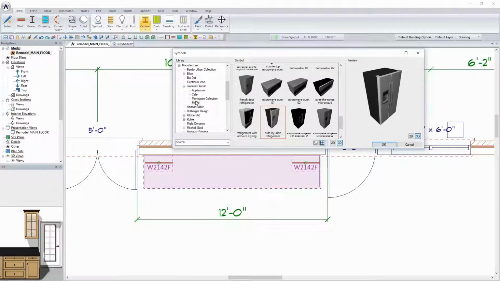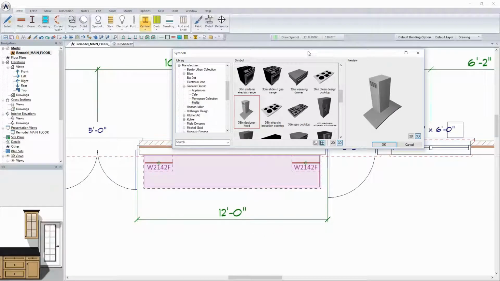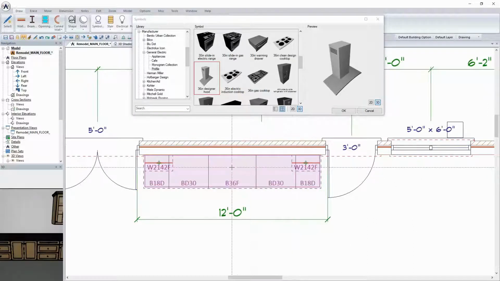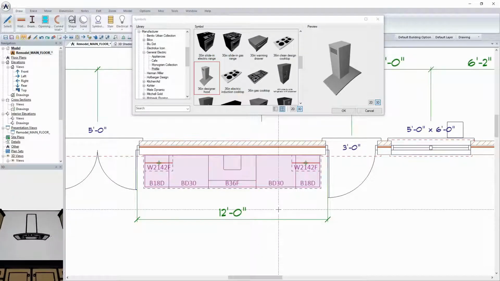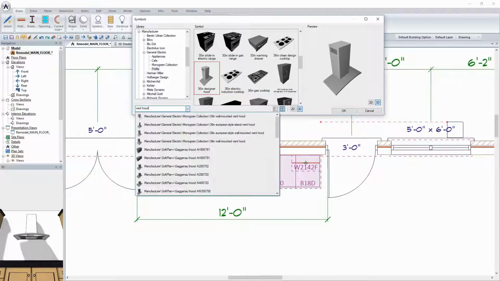And I'm just sticking with one particular manufacturer today. That doesn't mean that you couldn't go in and select a different manufacturer, and I'll show you. But for right now, I'm basically just going to set up where I want this hood. And I can even explode before I even draw this, so I know exactly what cabinet I'm trying to get it over top of, and it's centered on there with the snap feature. But you could do a search at any point for vent hoods, and you can see